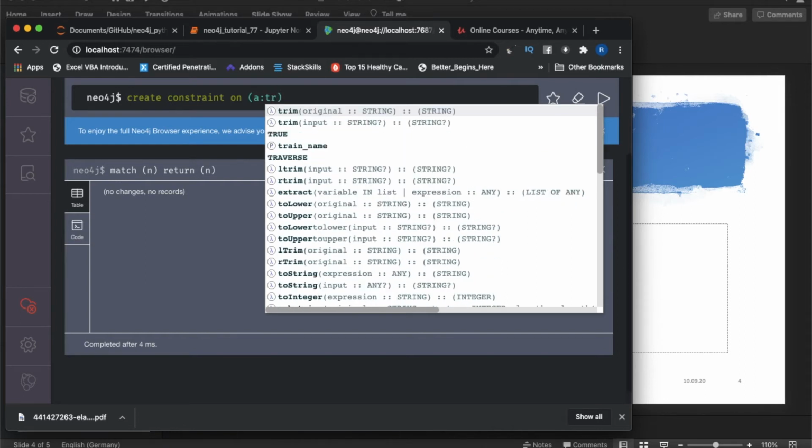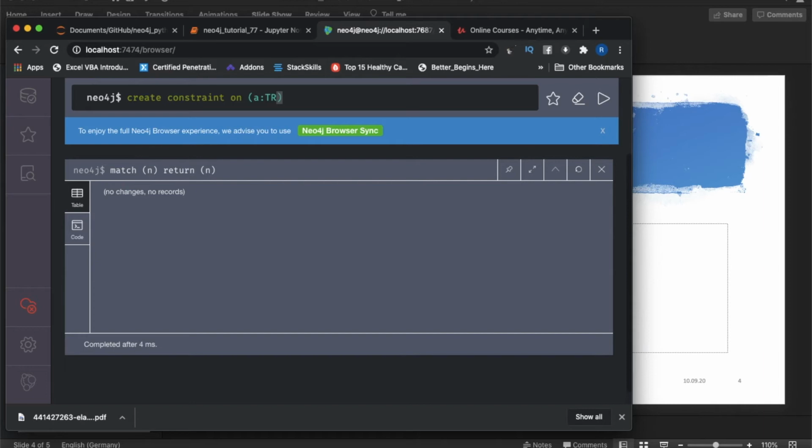I'll create a node for train, and for the station it will be station. Okay, and it will be ASSERT,